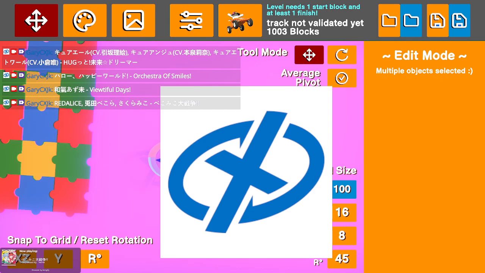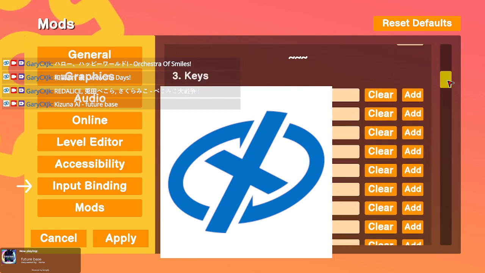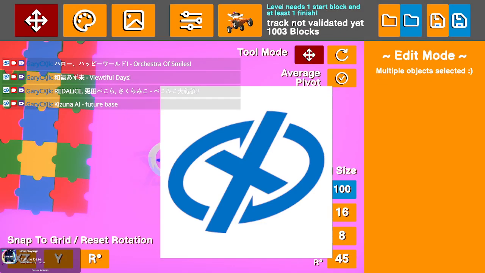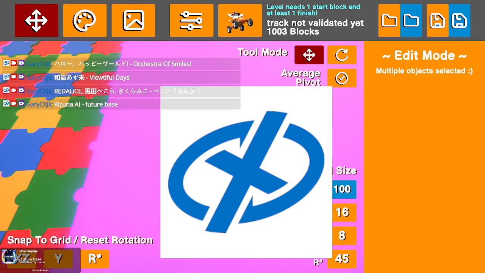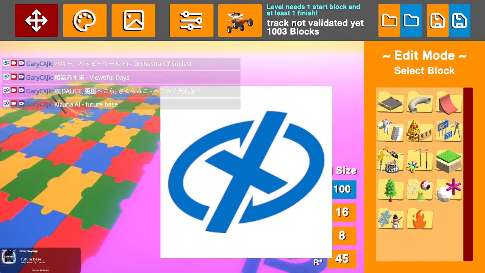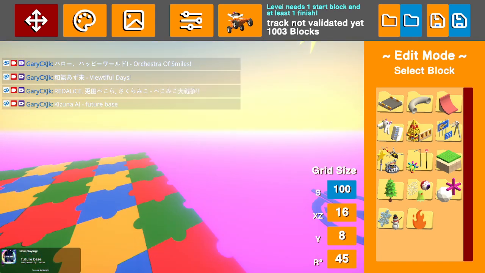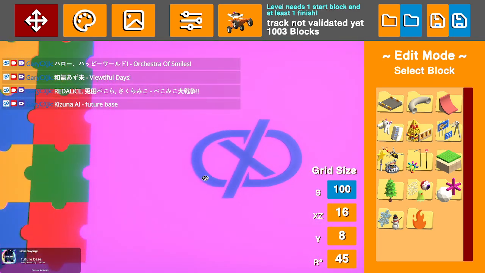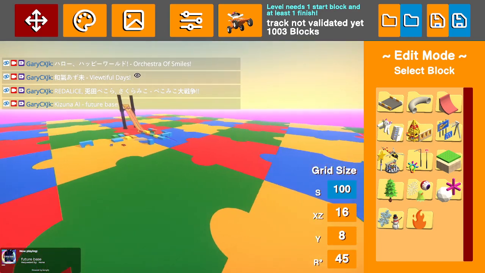Okay, it's weird. How do I, settings, mods, inverse scroll wheel? Okay, how do I save it? Okay, that's not going to be a problem. Let's keep this outside the view, completely intact. Okay, let's get rid of the image. So this is going to be the image. Okay, this is the logo, but since I can't save the blueprint for some reason,